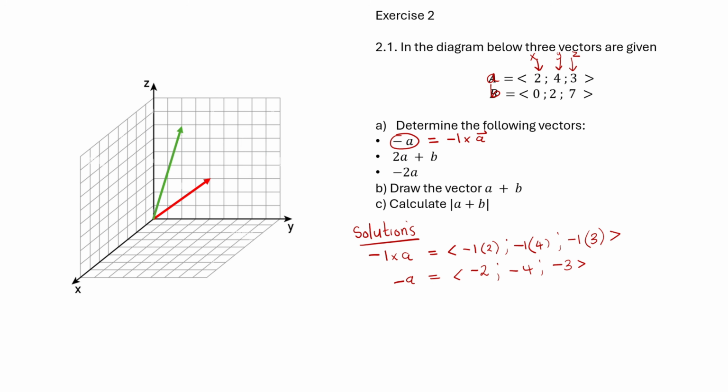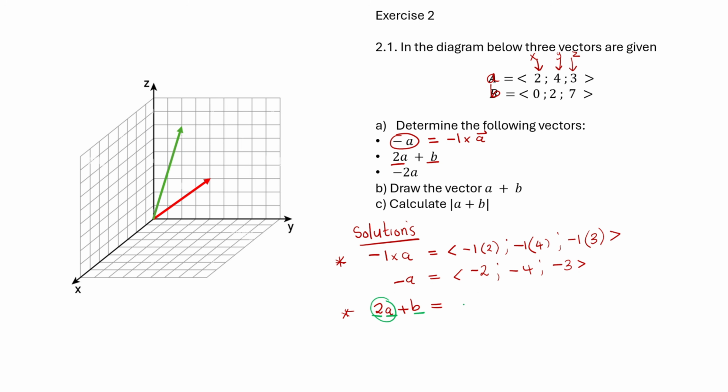So basically that's a scalar multiplication. You basically multiply with a certain scalar multiple. Okay, so this is negative 1 times A. Now they say find 2A plus B. To find 2A plus B, you can see that we have got 2 times A plus B. So here you have to multiply A by 2 first. Remember, BODMAS says you have to multiply first before you can add things. So you have to first find what is 2A.